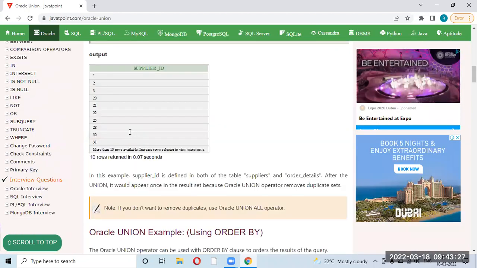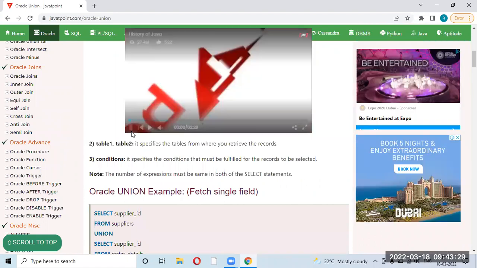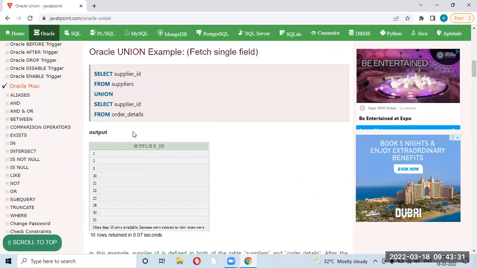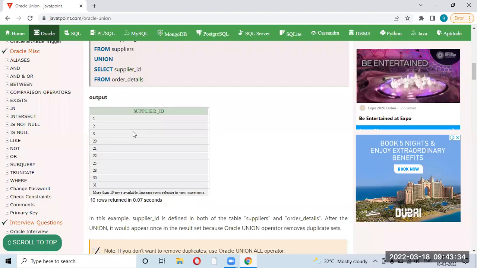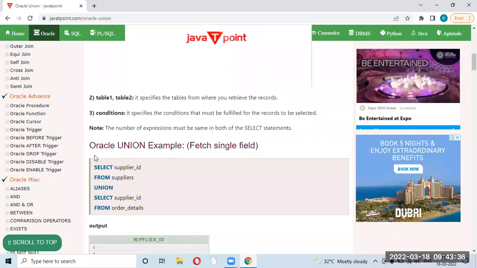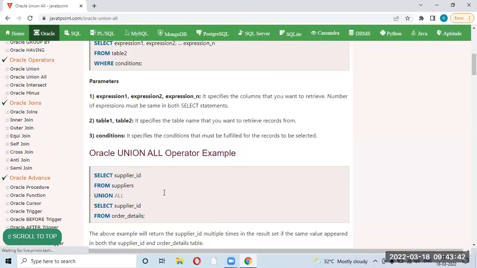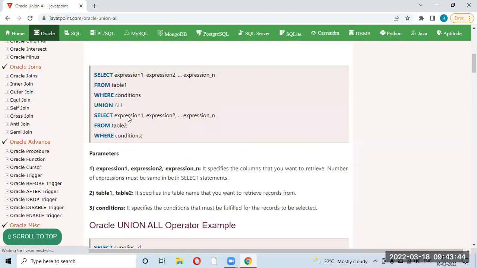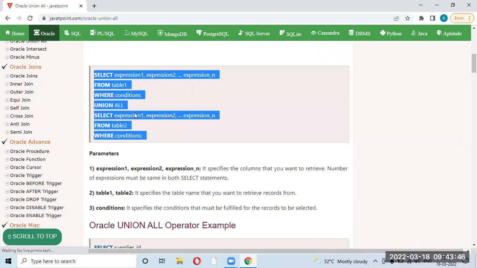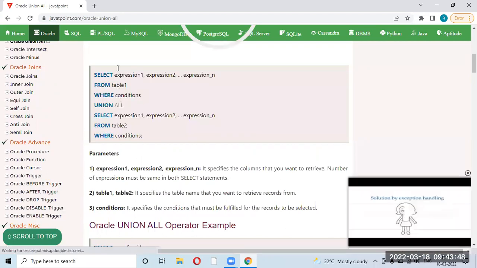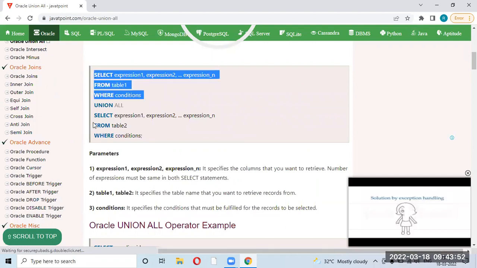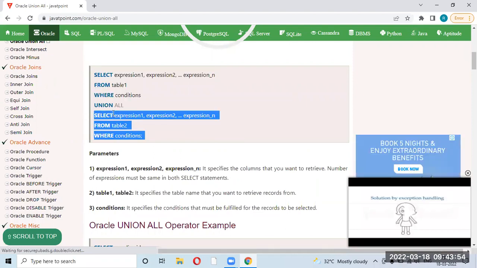I'm not going into detail again because I have already explained it. I'm just giving you an overview in case you have missed anything. You can stop me anytime if you have any doubt. For union all, we are combining the records from query one and query two, and we are not eliminating the duplicates.